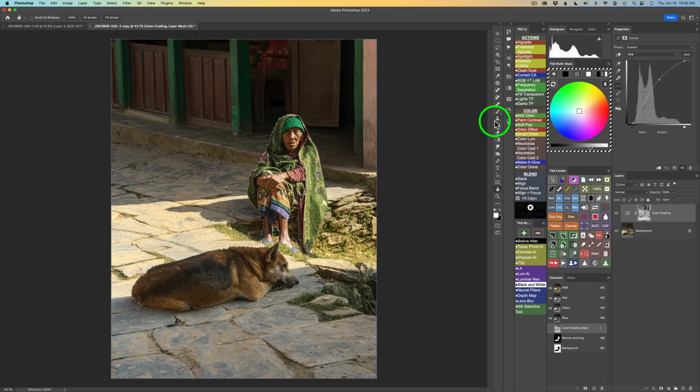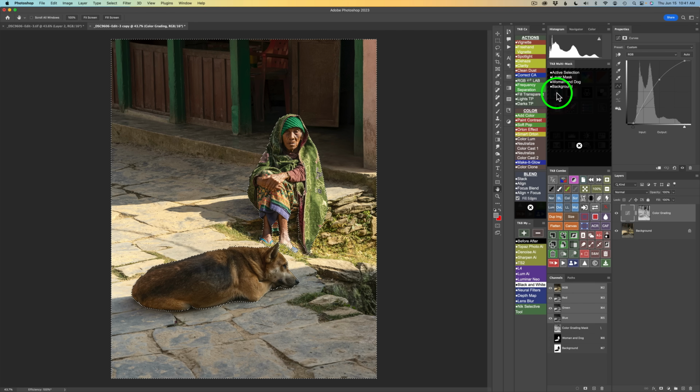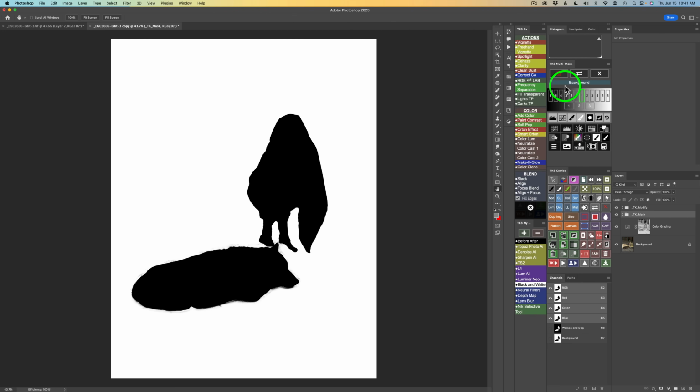And to do that, I need to get to my multi-mask panel, but you'll notice right now I have the color grading tool in the way. Just click on this X. It'll remove it, but it will not change anything here. And then I'm going to go to My Channels. Now you'll note that I have an active selection. And at this point, the background is selected. And I want the background. So right now I do have an active selection, so I could either use active selection or background. It doesn't matter. I'm just going to click background. And then I'm going to click the mask calculator button here because we'll do a mask calculation, and I love